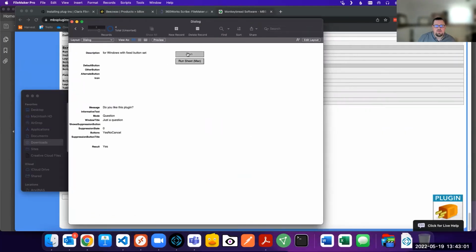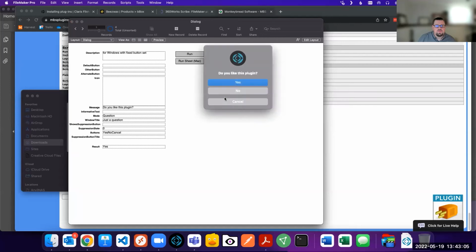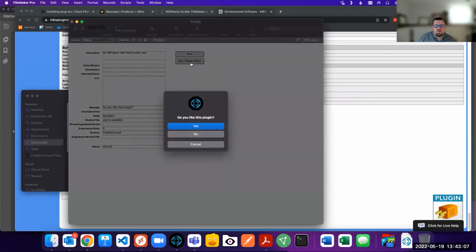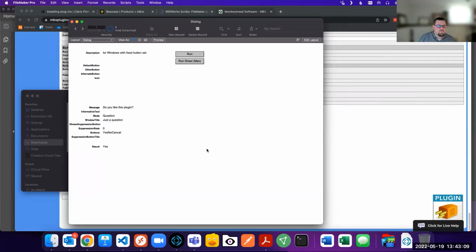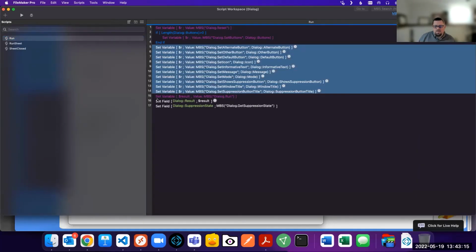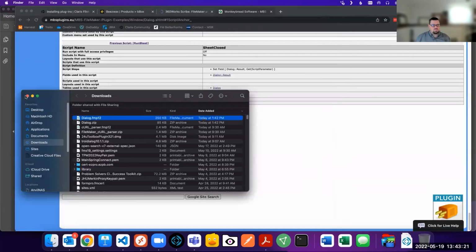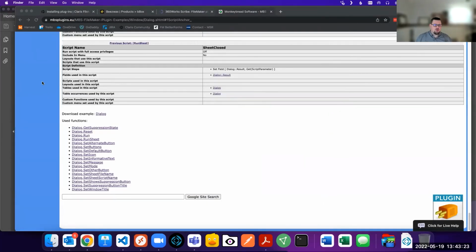So he has an example, and those examples will have scripts that you can copy and paste straight out of there into your own solution. So all of his plugin subcategories, they all have